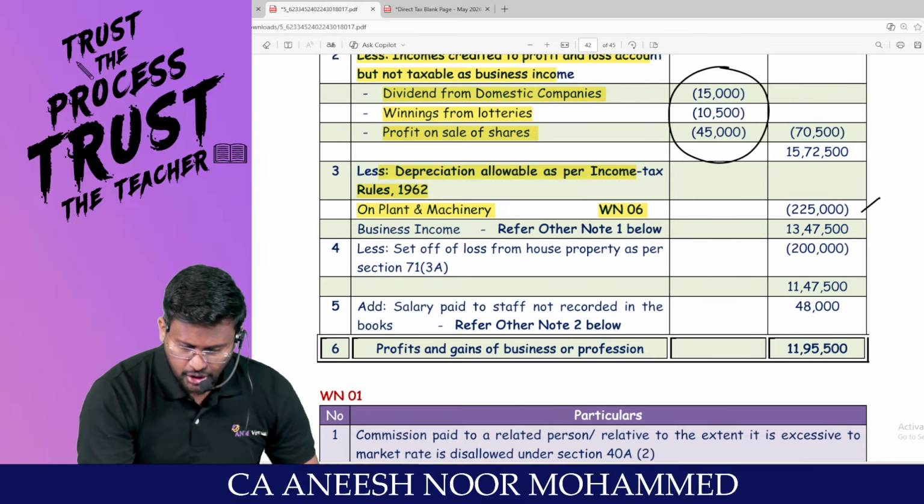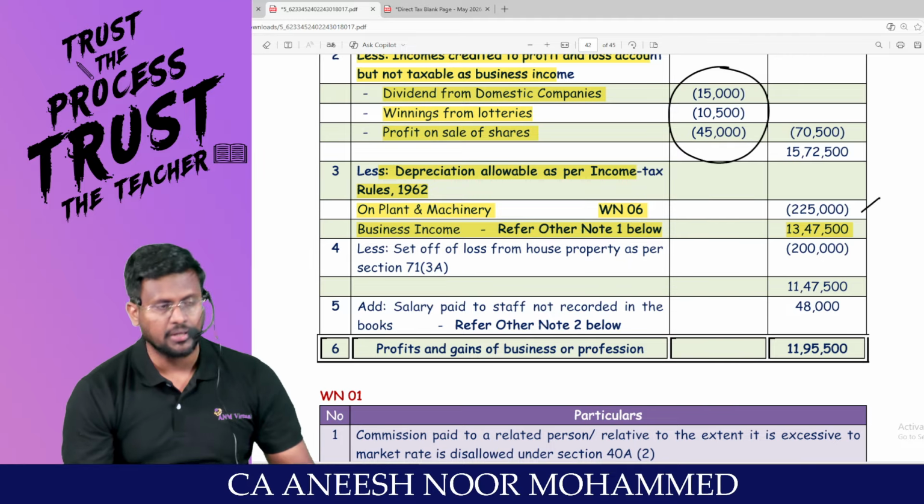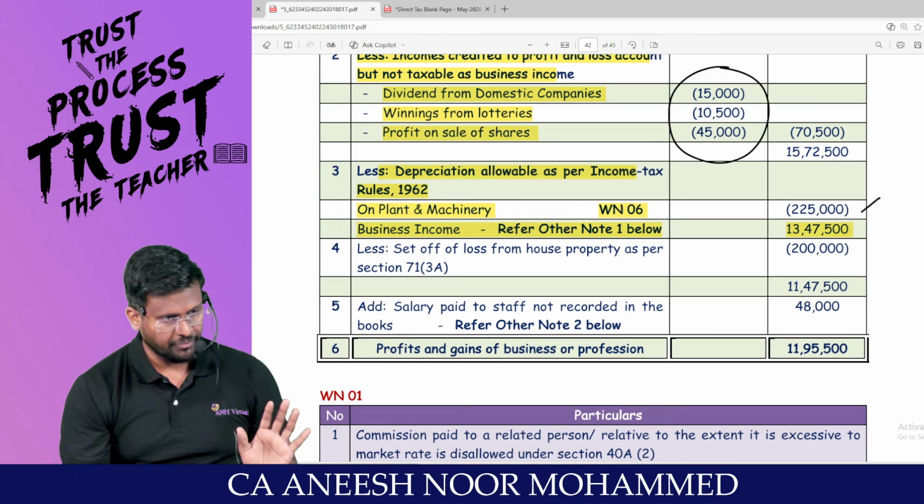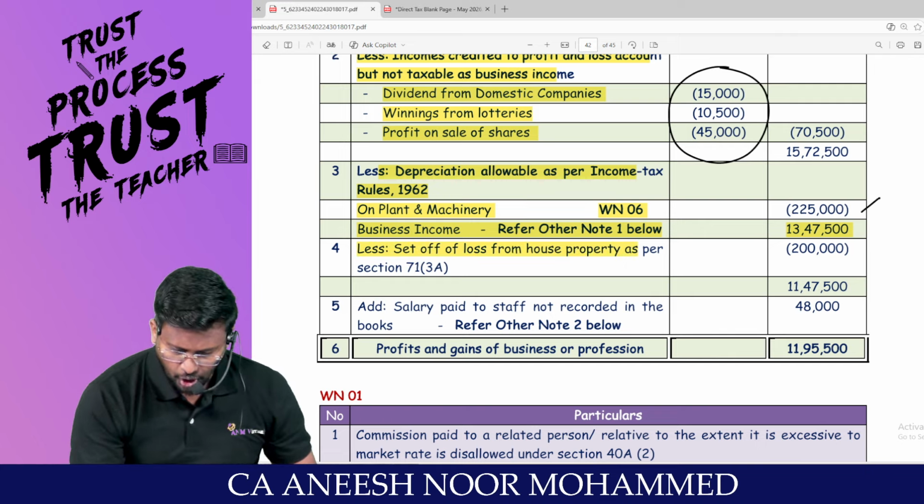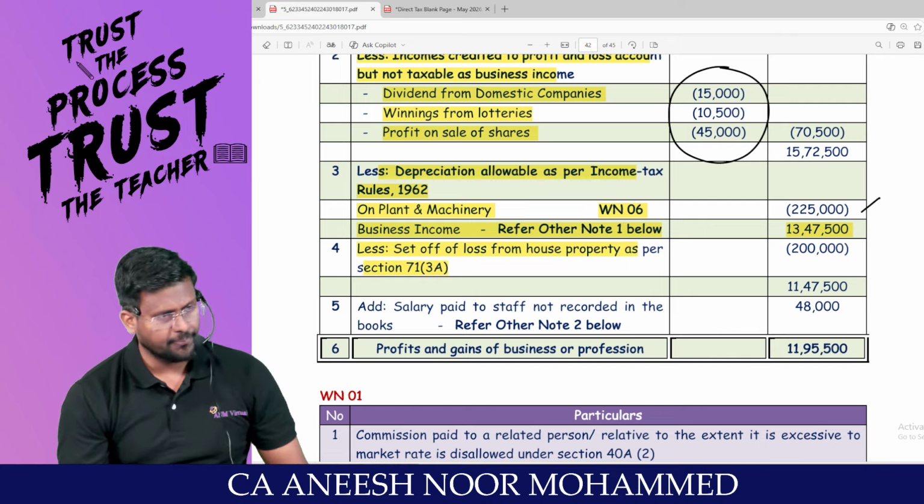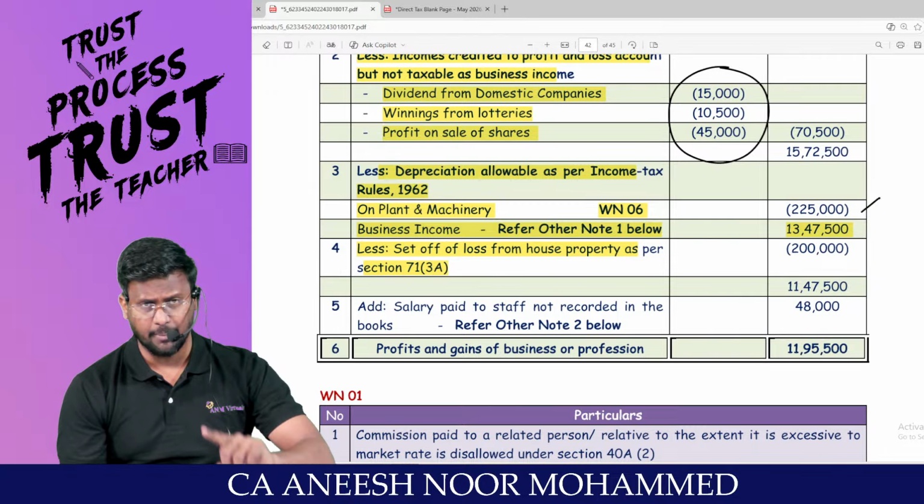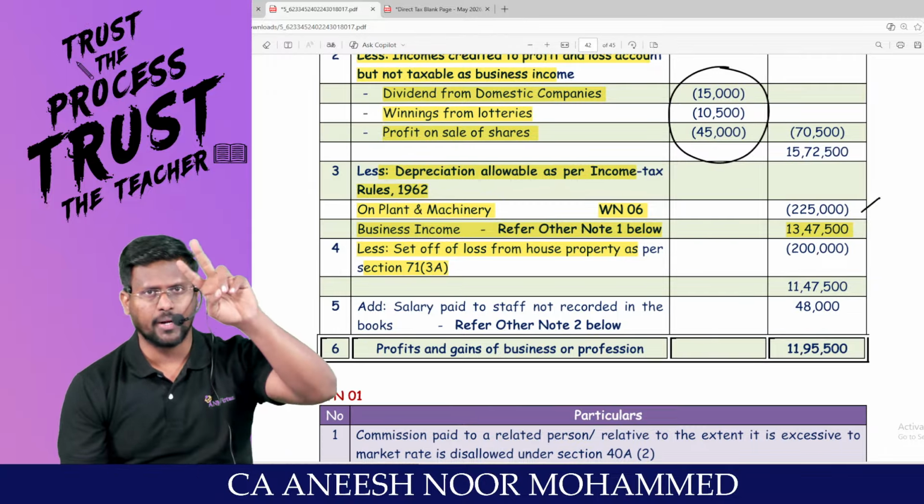Sir, you will be getting the business income of 13 lakh 47,500. Let's set off the loss from house property. Are you all really with me? Because loss from house property can be set off against any head of income up to an amount of